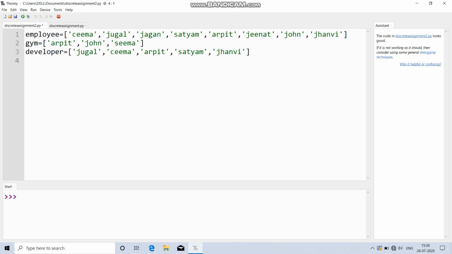Now, if I want a set of those who have both a gym membership and are a developer, then I will write this, and the result is here.